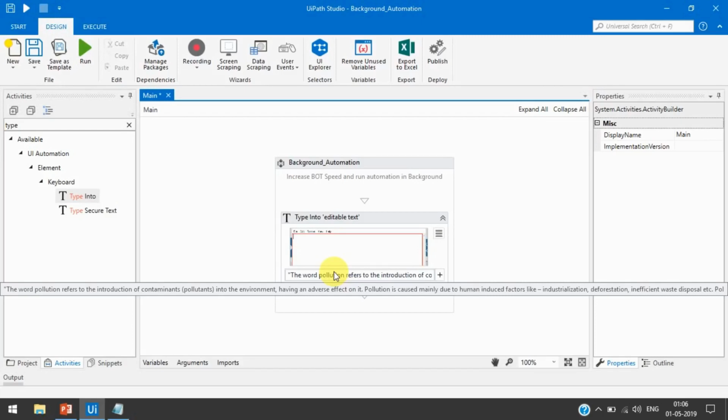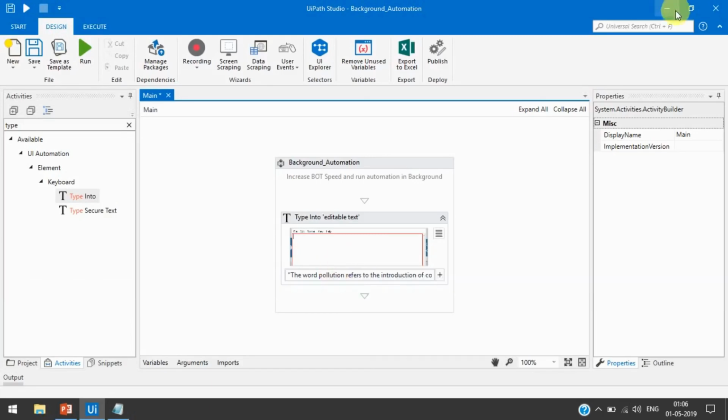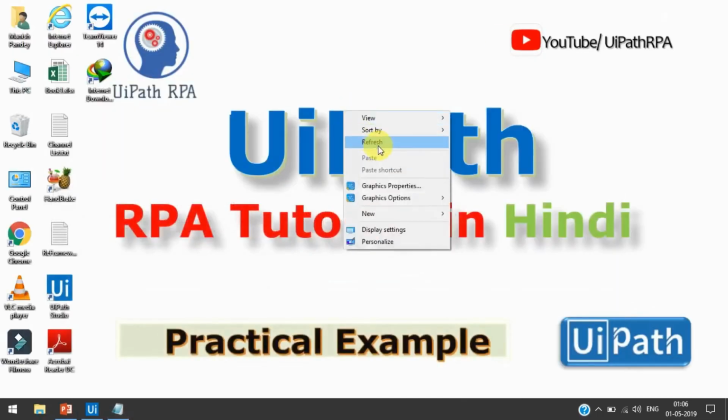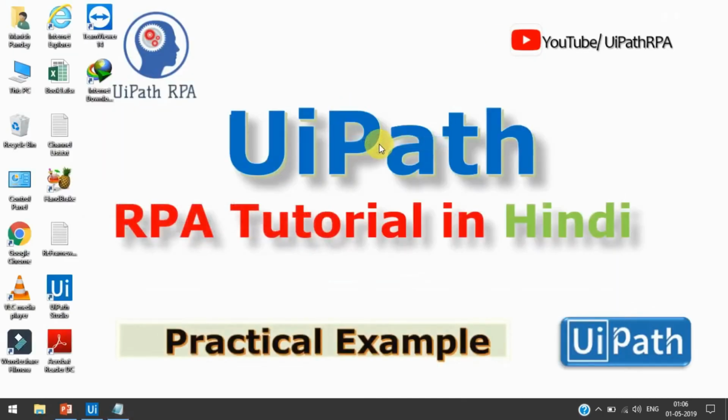So if it is possible, always use the simulate type click method, so it can work in the background. And one more thing I am going to show you here. If we use the simulate type click method, then we can use our mouse, we can do anything with our mouse here. But if we use the default method, then we cannot do anything with the mouse, because it takes the mouse control and then works on the automations, right?